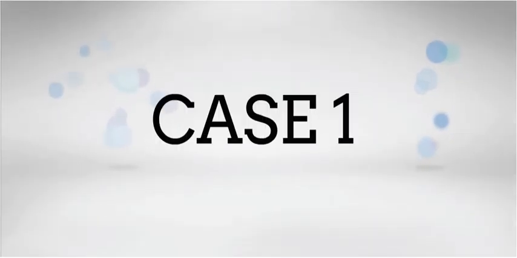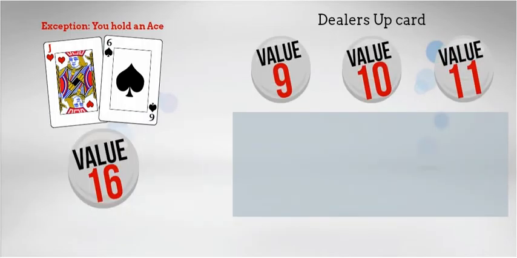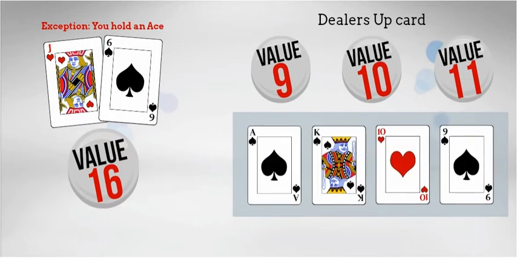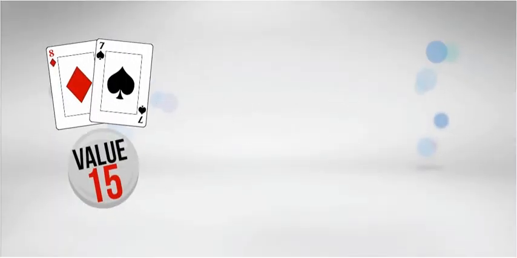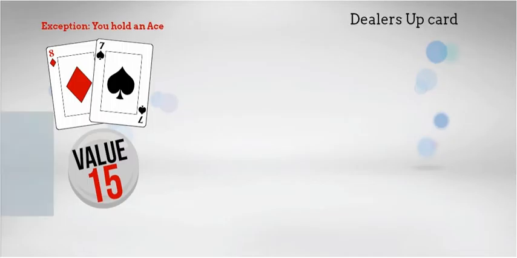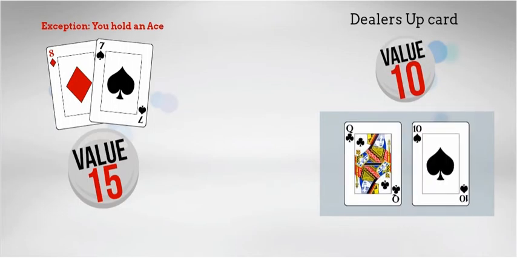There are two major cases when you should surrender. In the first case, if your total is 16, you should surrender if the dealer's up card has a value of 9, 10 or 11. Your 16 total is not valid if it includes an ace, in which case you should not surrender. In the second case, if your total is 15, you should surrender if the dealer's up card has a value of 10. Your 15 total is not valid if it includes an ace, in which case, again, you should not